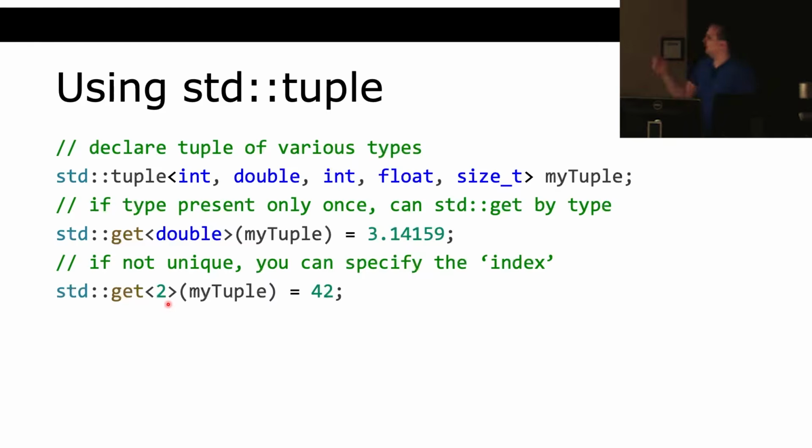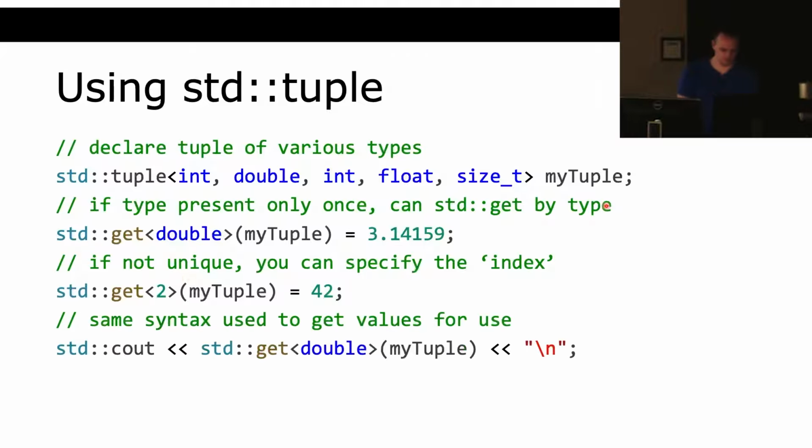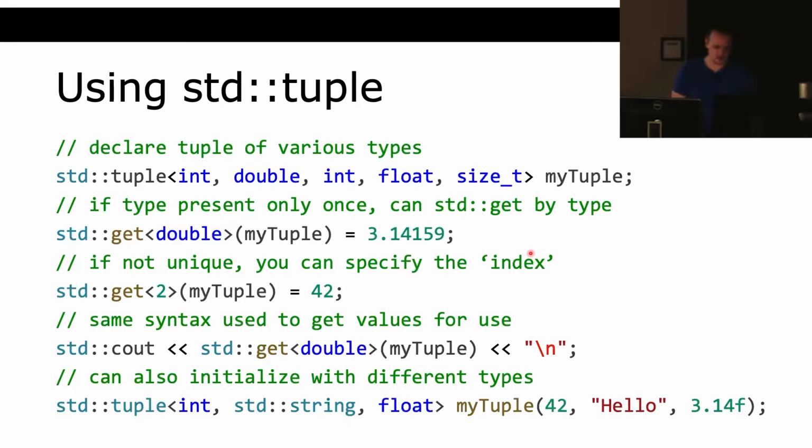So you can also use an integer index into this tuple to get that if you want to. If I want to get this exact int variable, I can say std::get<2>, because index 0, index 1, index 2, that's how I would get that int. We're not going to be using this integer referencing in our actual code, but I just wanted to show you how you would if you did. And if you want to set variables or just get variables to use them somehow, you would use that same syntax. And you can also have an initializer which initializes variables as you declare the tuple,